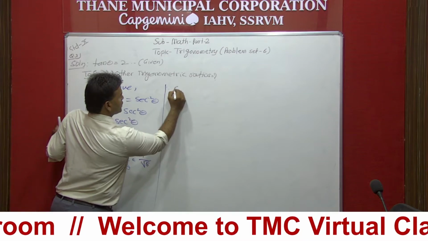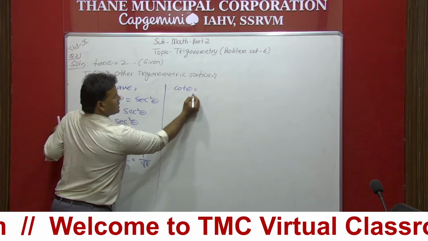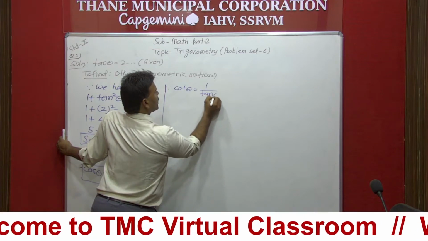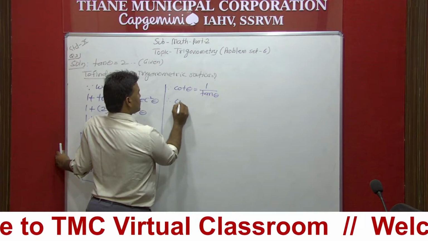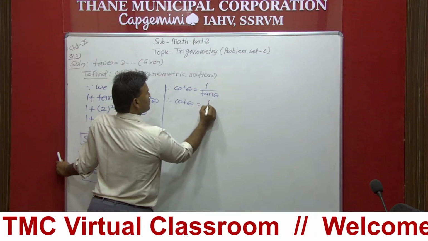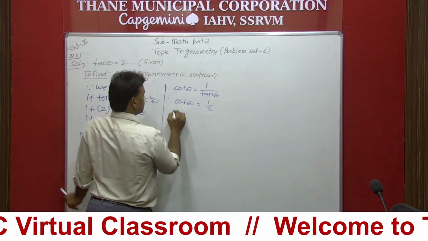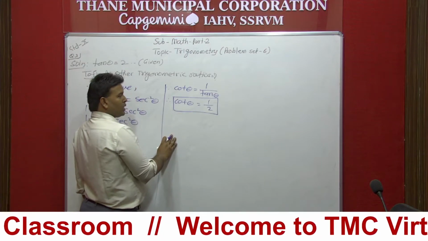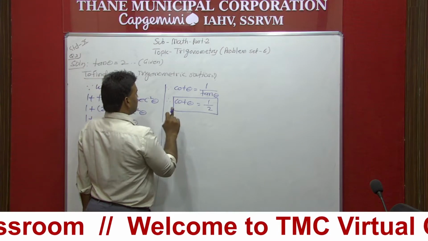Since cot theta is equal to 1 upon tan theta, therefore cot theta is 1 upon 2. Tan ka value is 2. So cot ka value is 1 upon 2. Now on the basis of one more formula,